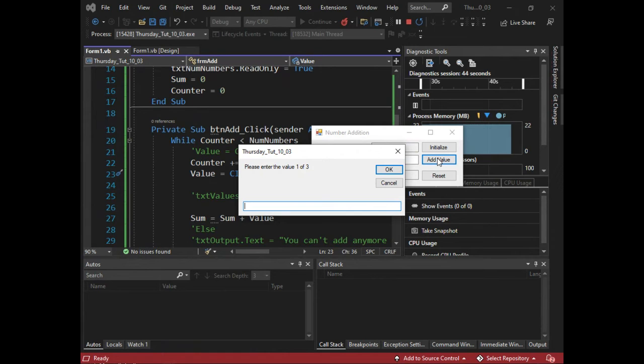So for instance, if I had 100 values, it would be very difficult to keep track of where I am. For argument's sake, if I'm in the middle of this and I have a meeting or a call, when I come back, I might not know what was the last number I inputted. But if it's like this, I know exactly that I am at number 1 of 3. It's just making it a bit more informative for the user. It's not something that's going to get you more marks or less marks. So for test and exam purposes, if you don't fully understand what I did there, it's equivalent to